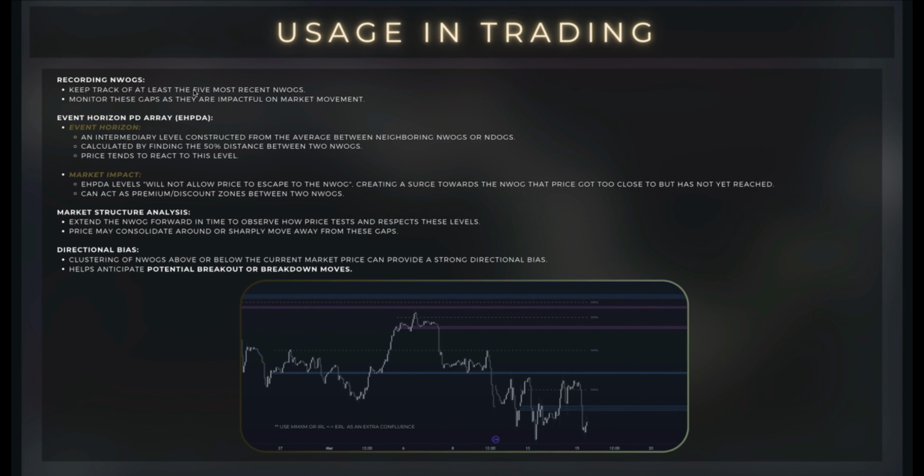Keep track of at least the 5 most recent NWOGs. Monitor these gaps as they are impactful on market movement. Next is Event Horizon PD Array,